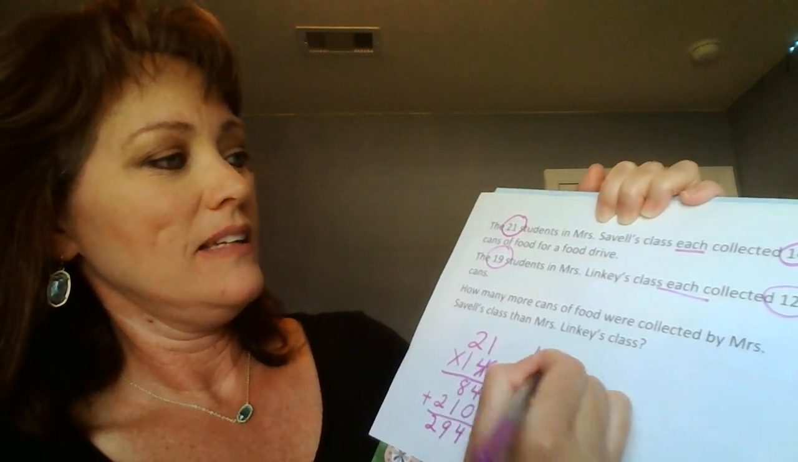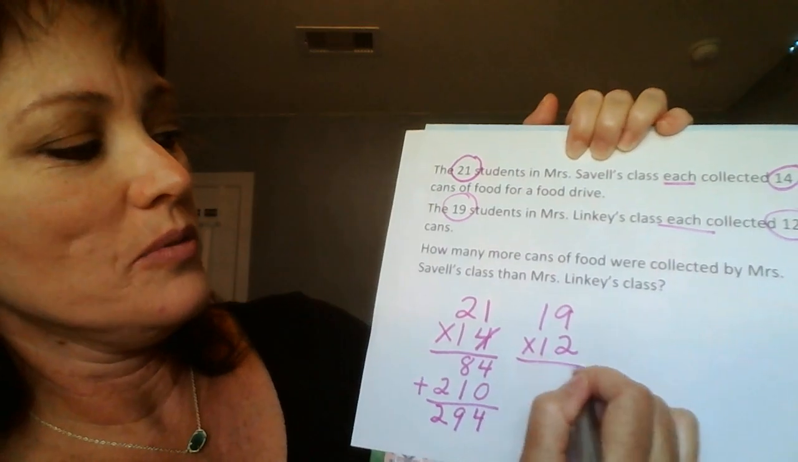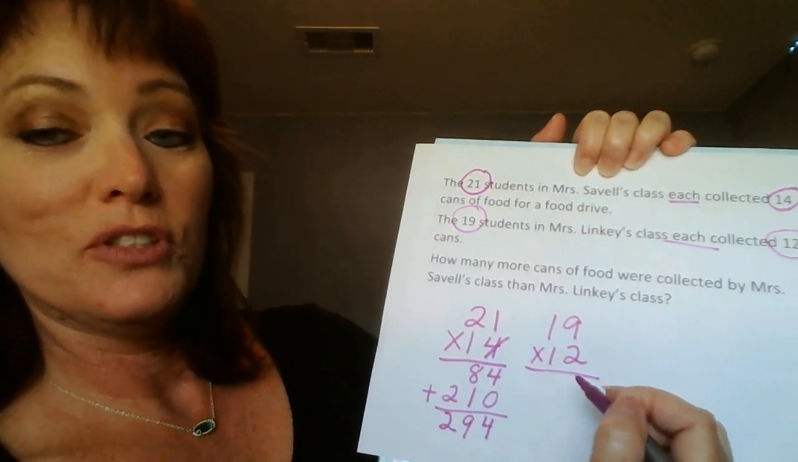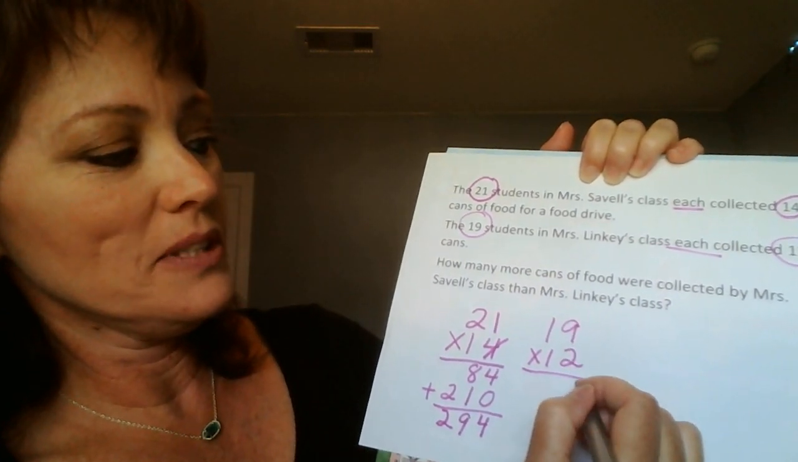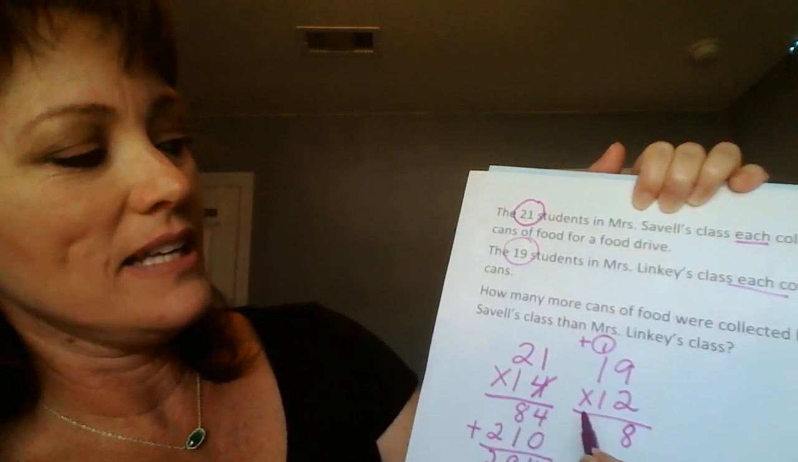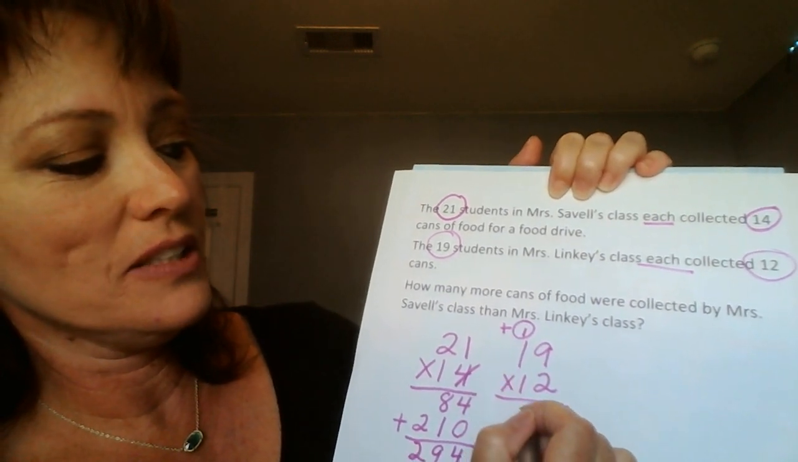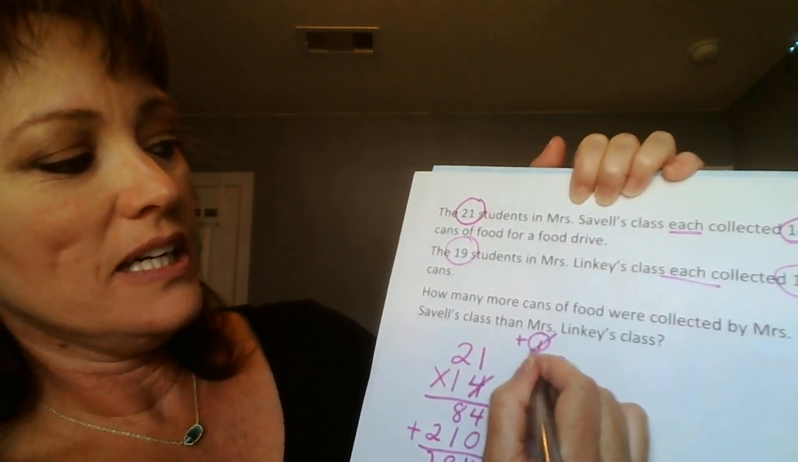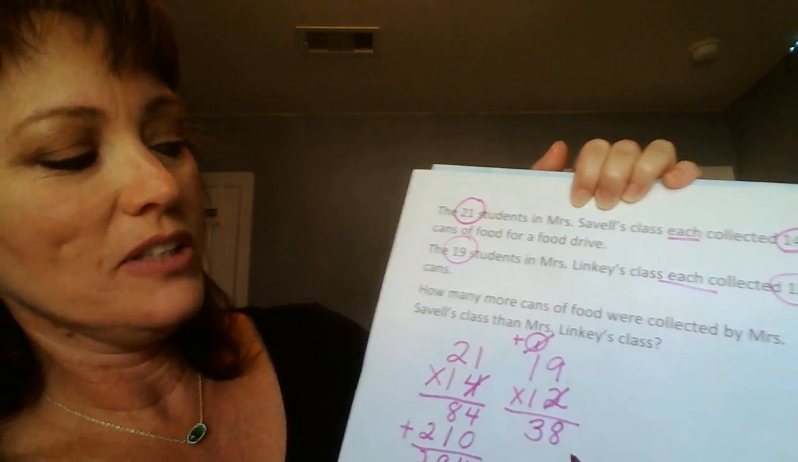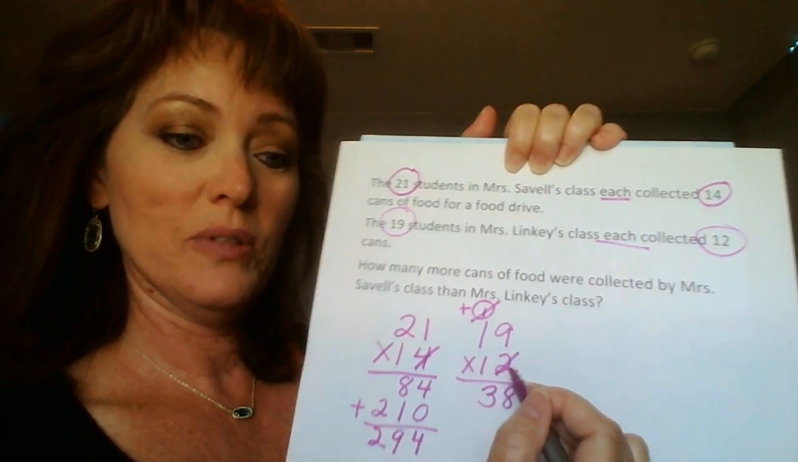19 times 12. Standard algorithm. 19 times 2, 9 times 2 is 18. We put our 1 up here. We're going to add that. 1 times 2 is 2, plus 1 is 3. We're done with this. Now we have to cross off the ones place number, which is the 2, and put